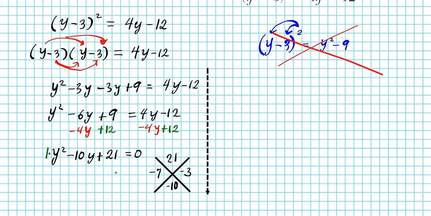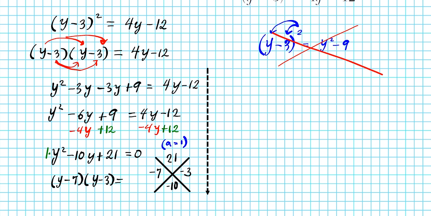Okay? Now, another thing you want to note is that in this problem, a is equal to 1. What does that mean? It means that you can jump from this state to the factored state. If a is not equal to 1, you must factor by grouping or you run into complications. All right, so we can jump into the factored state, (y minus 7) times (y minus